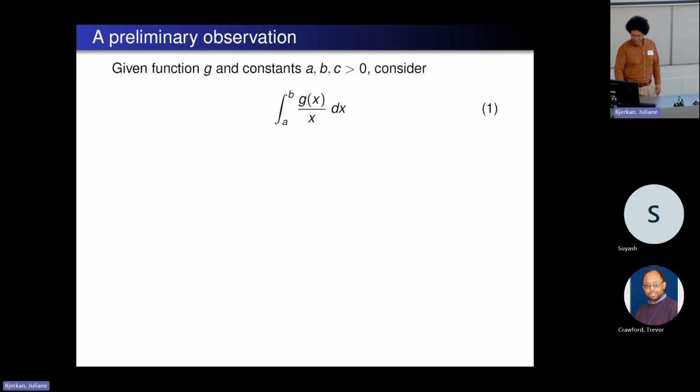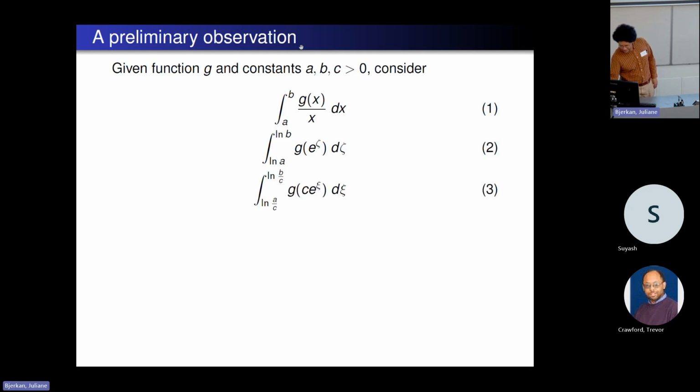preliminary observation that will seem a bit random and perhaps even a bit technical or boring, but it will definitely be relevant or useful. So given function g and positive constants a, b, and c, I want to consider the following three expressions. The first is just the integral from a to b of g of x over x. And the second, we change the logarithms in the bounds of the integral, and we have e to the zeta d zeta. And the third is now where the c enters. We have a over c and b over c in the limits rather than just a and b, and we've